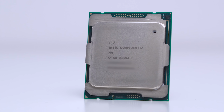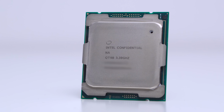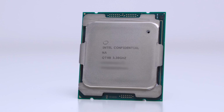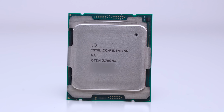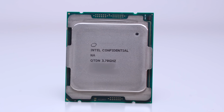Now, you saw straight away that for the most part, let's compare Intel to Intel. If you're looking at gaming, you could see the 8700K is still an absolute beast when it comes to gaming performance. These aren't aimed at gaming performance in general, so if you are a gamer, this is completely out of your realm. If you're one of those people a bit like me, where you could utilize the cores and the speed and the level 3 cache that you get with these processors when it comes to rendering, workstation related tasks,